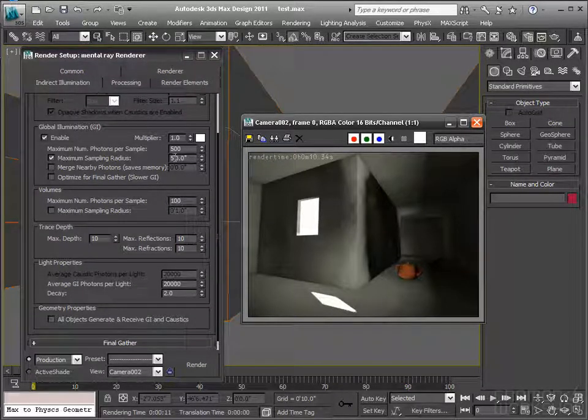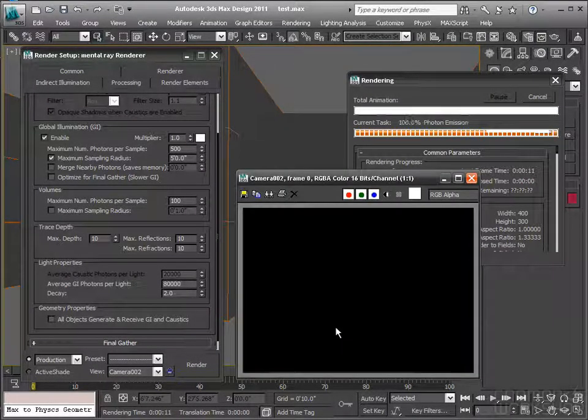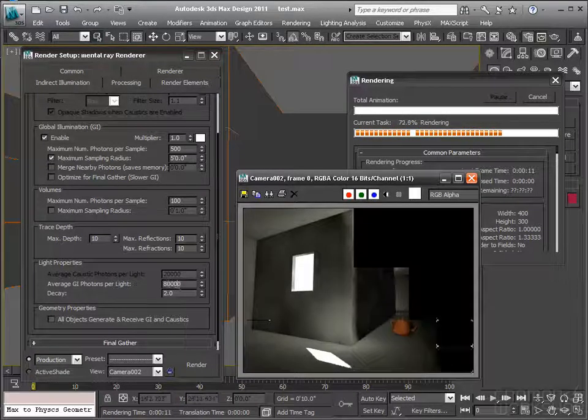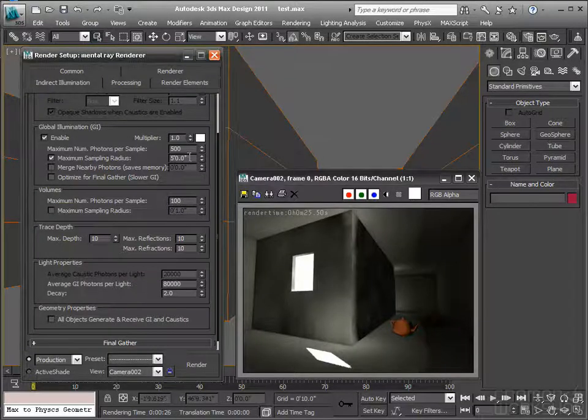So instead of increasing my disk size now, let's increase my number of disks. I'm going to go from 20,000 to 80,000. See how that looks. Click render. Okay, it took a little longer to calculate because now it's calculating 80,000 rather than 20,000. And what you'll notice is your scene is actually darker than the other scene. That's not really what we want. You're going to get a more accurate result, but what we're trying to get is a more smooth result. So I'm going to increase this to 10 feet,